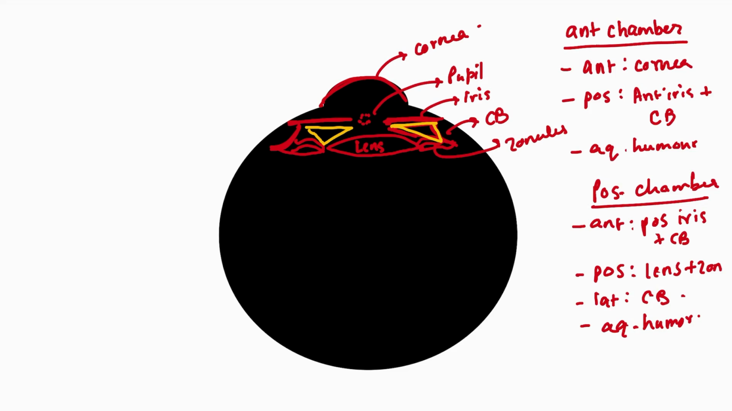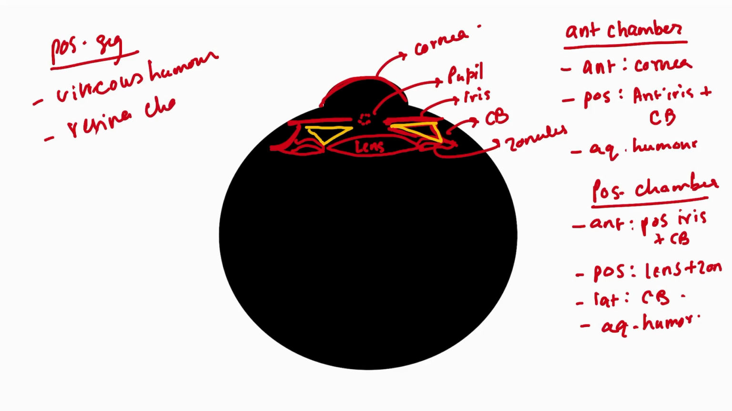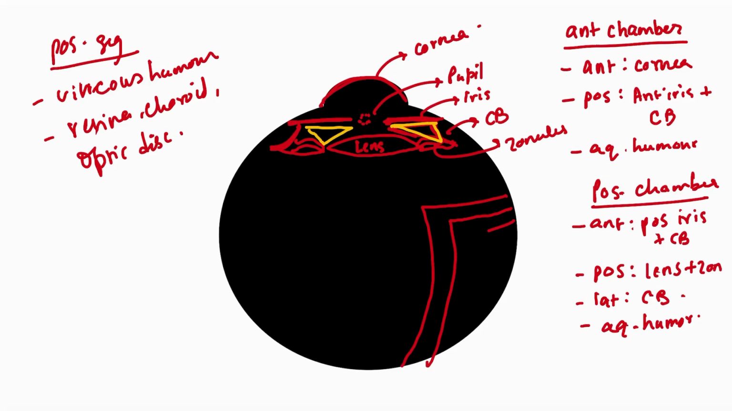Coming to the posterior segment of the eyeball, it contains vitreous humor, and it has structures which are the retina, choroid, and the optic disc. So the layers would be retina, then the choroid on top of it, and then sclera again on top of it. The retinal vessels enter through here, and the optic nerve also exits through here, which projects to the visual cortex